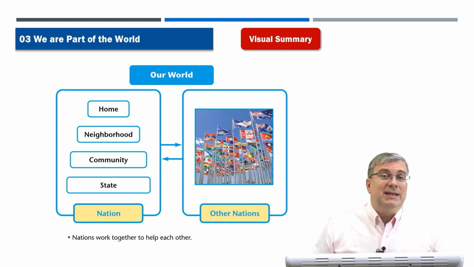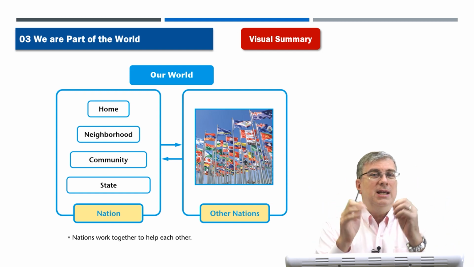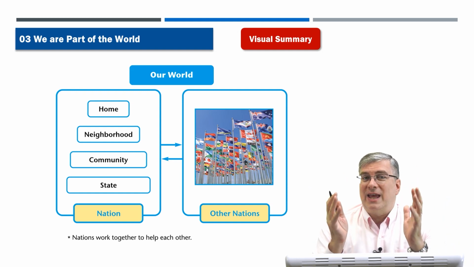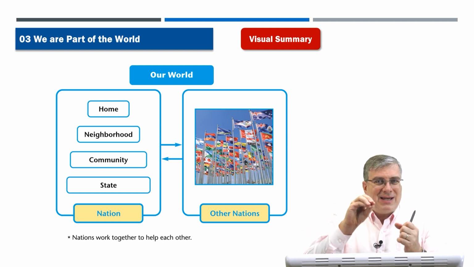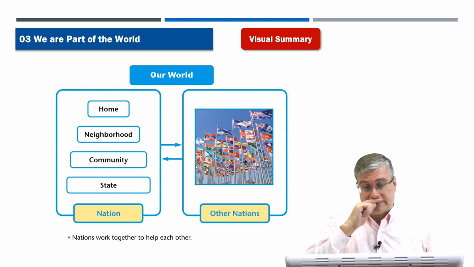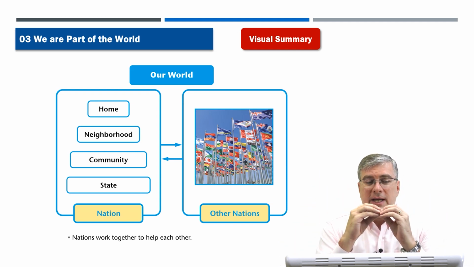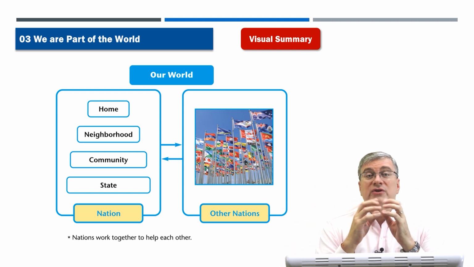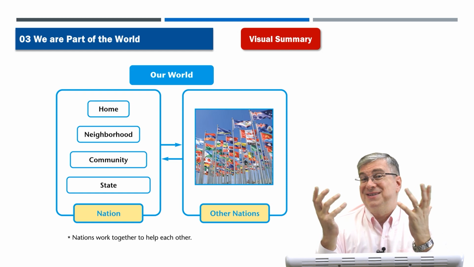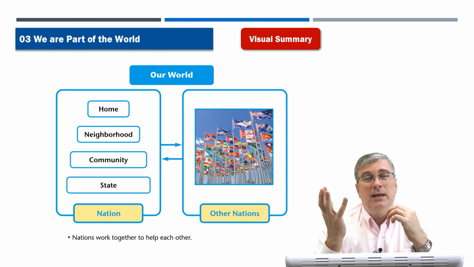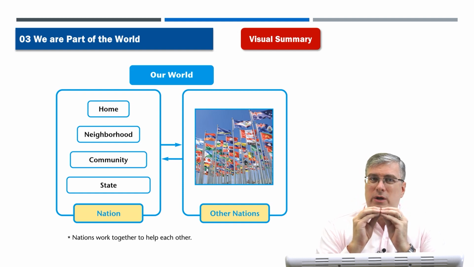Let's talk about the 2 main ideas in this lesson. The first idea is the idea of our world. Remember at the beginning of this lesson I said we all live in the same community, the same global community. But when you think about it, you can break that community down into different parts or different groups. And from the smallest to the largest. So the smallest community or part of your world is your home. It includes your parents, your brothers and your sisters, maybe some extended family members, aunts, uncles, right? Maybe your grandma lives with you. That is your home. That's your very small community.